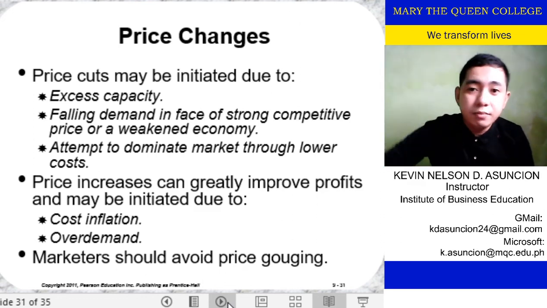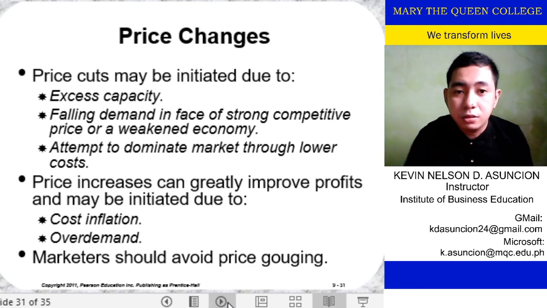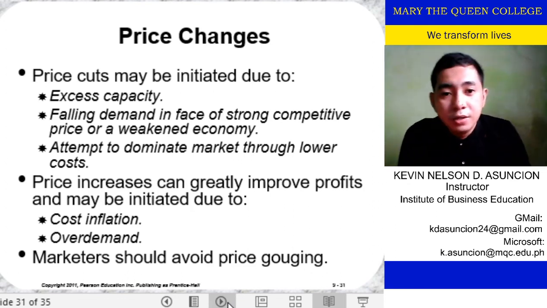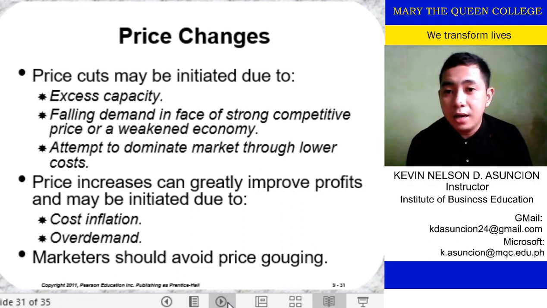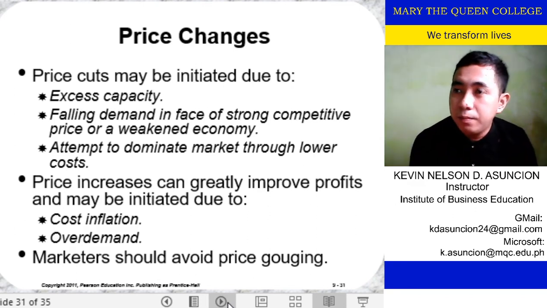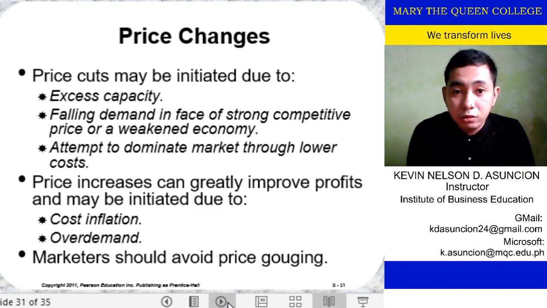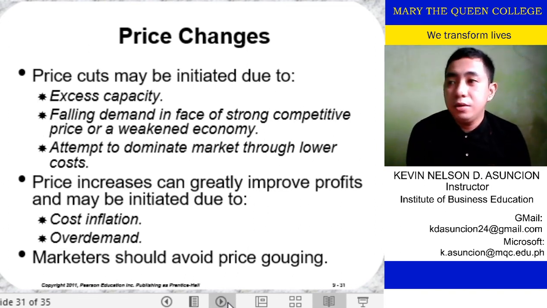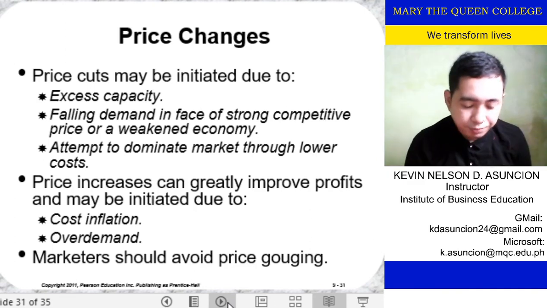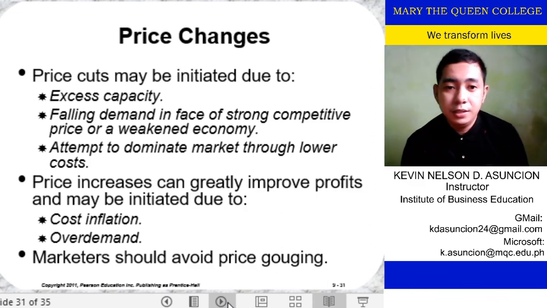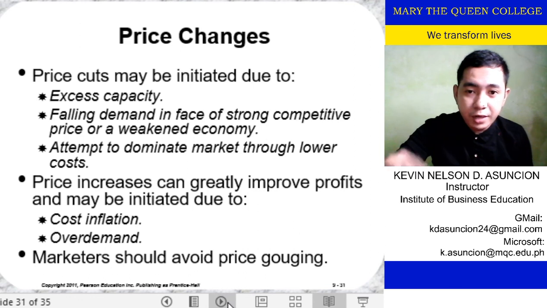Tumataas yung price ng bilihin because of one, that's economic problem that's caused by inflation. And over demand naman, that happens in economics wherein mas mataas yung demand kaysa supply. That's why many of those manufacturers or producers nagtataas ng presyo. Yun nga, they award those to those market that has higher purchasing power. And then market should avoid price gouging,